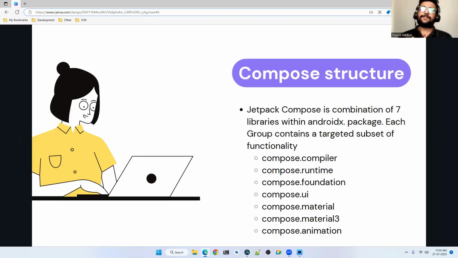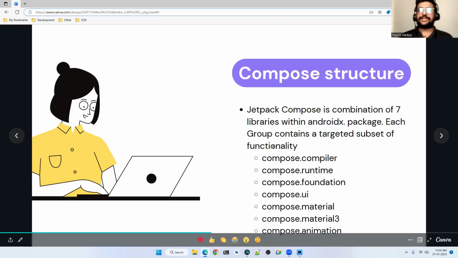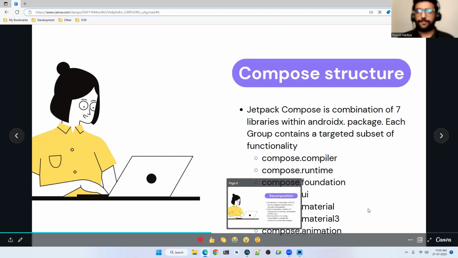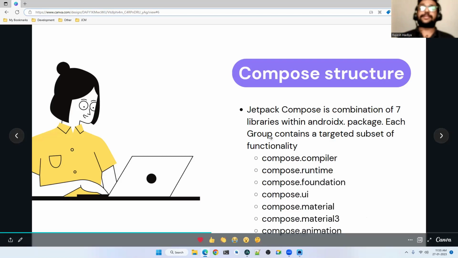So Jetpack Compose is a combination of 7 libraries. It's not something that's related to only UI. It's a combination of 7 libraries within the AndroidX package. Each group contains a targeted subset of the functionality. So Compose is divided into 7 libraries. They are not provided at the Android operating system level. See, in